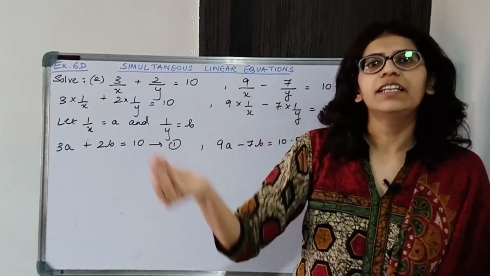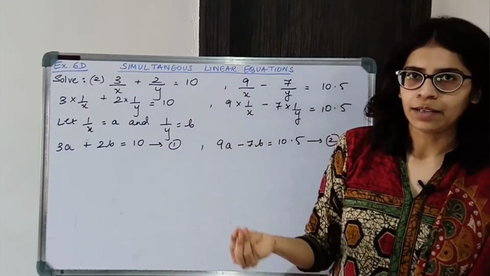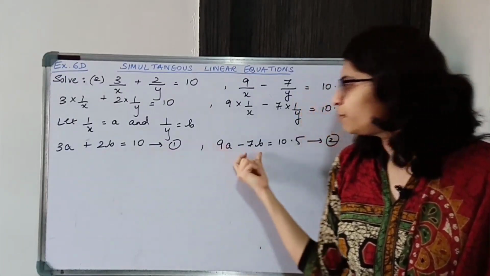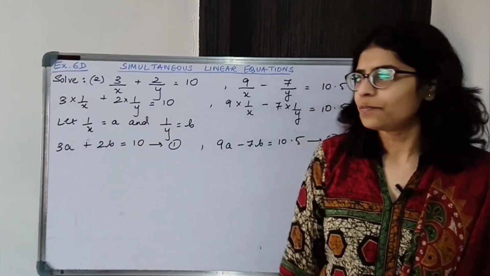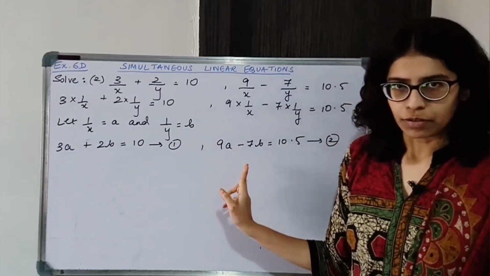I just need to add the equations and solve. Okay. So I always feel adding is easier than subtracting. So I'll prefer adding the two equations. So I'll make the coefficient of b the same. Okay. You can also make the coefficient of a the same and solve. Now the b coefficient I'm making the same over here.